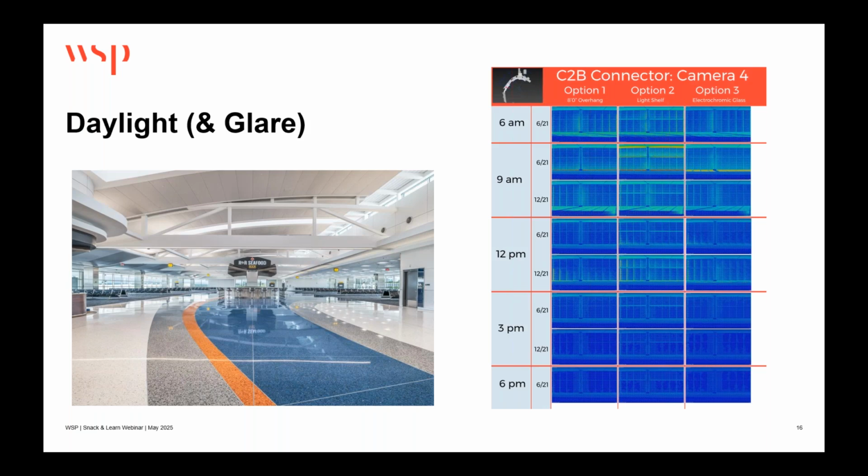One of the big things we spend a lot of time working on in airport terminals is daylighting. We like to have daylighting included. Everybody likes to be able to see outside. We also, at the same time, need to control the amount of daylighting that's coming in. The picture on the left is the BWI Terminal A expansion. We have some clerestory windows up top, which are bringing in daylighting into the central circulation. We have some skylights that go across, and they do a good job of bringing in daylighting while preventing glare. The shape of the skylight is designed to bring in the light while cutting off the kind of direct view